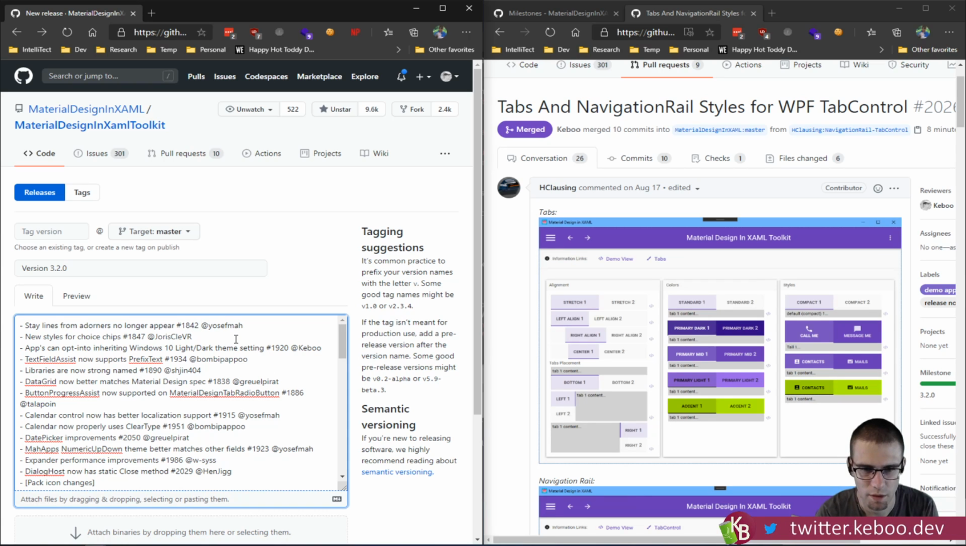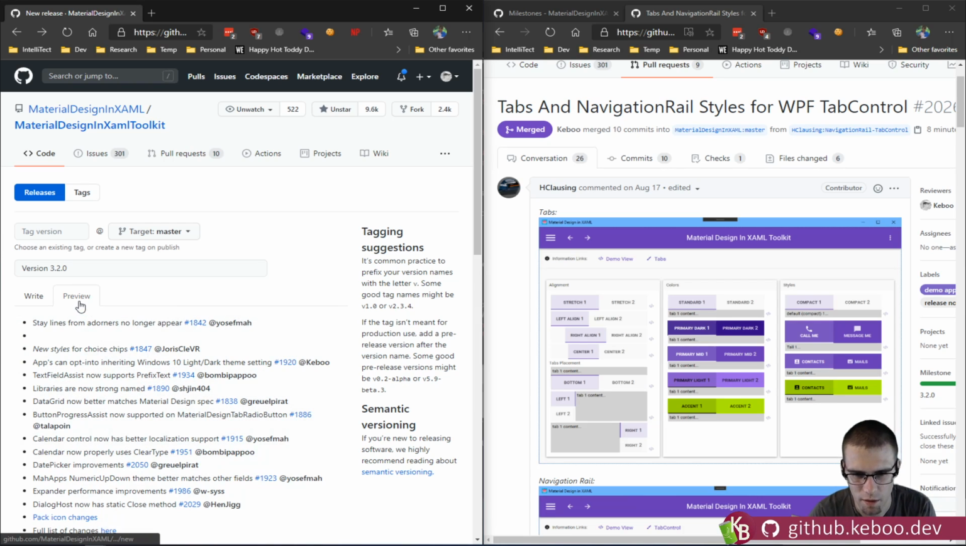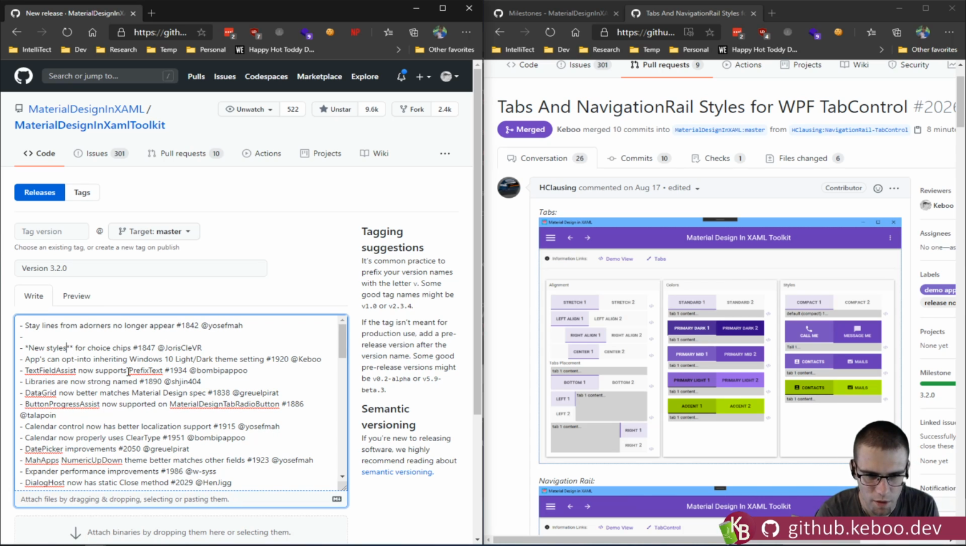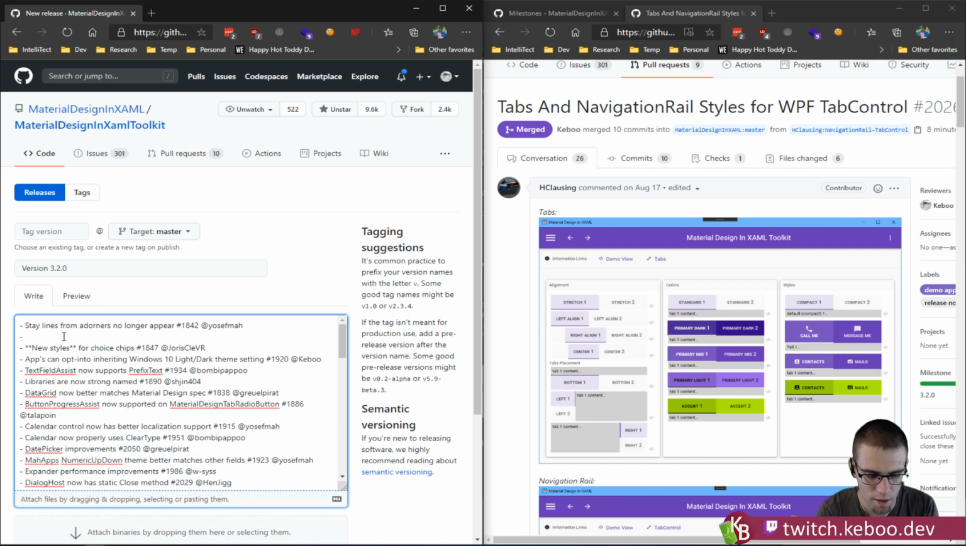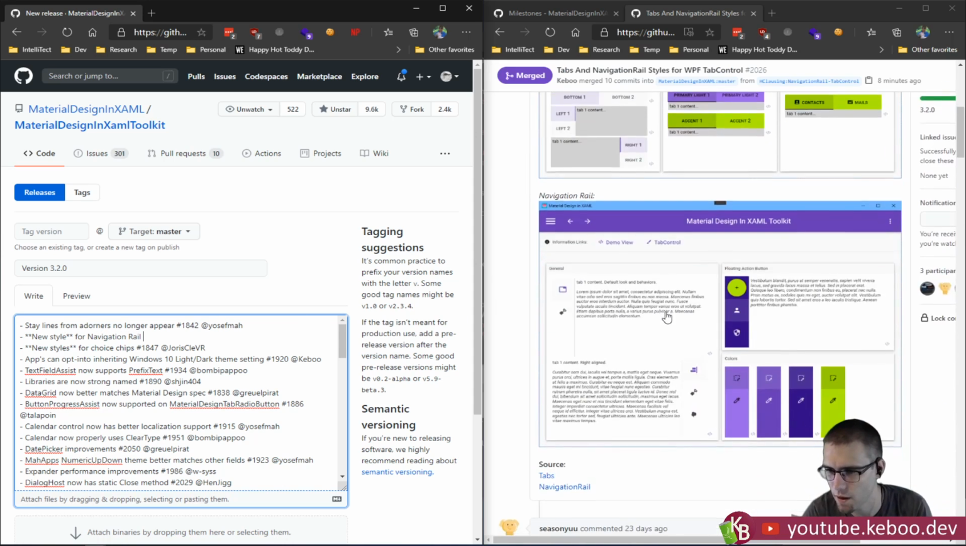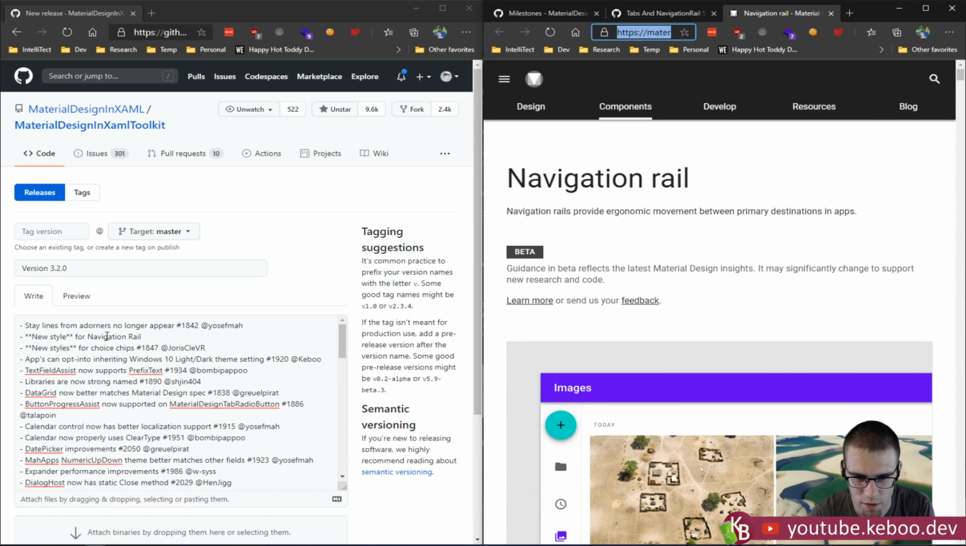Let's see. I kind of want to do something like that, maybe. How does that look? It's not enough. A little more emphasis. A little more emphasis. Yeah. Let's see. New style for navigation rail. I think I want to link into this guy here, and I think I should go do the same thing for the